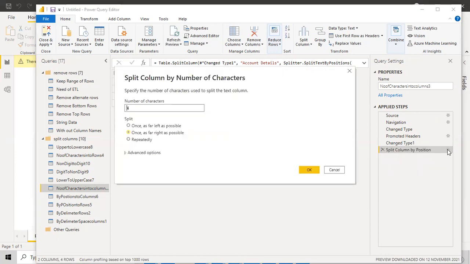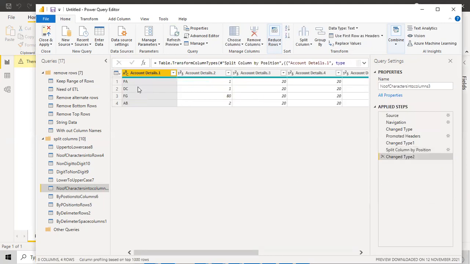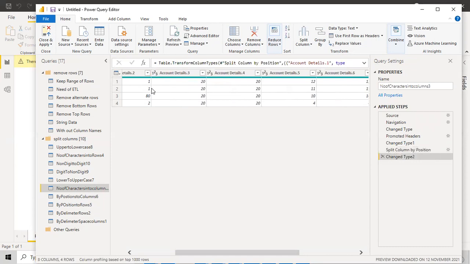Then we'll check one more example. If we have to split for every 2 characters, then obviously we'll split it every 2 characters and repeatedly go with this. So obviously we'll split for every 2 characters. Here it is like 0 1 0 1, so obviously it made it like 1. Okay.